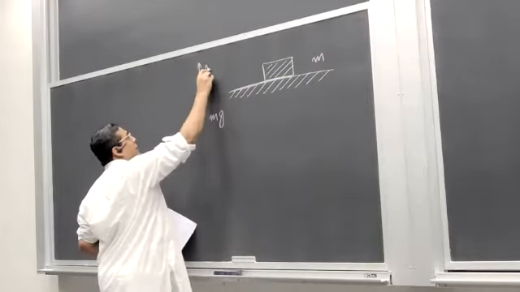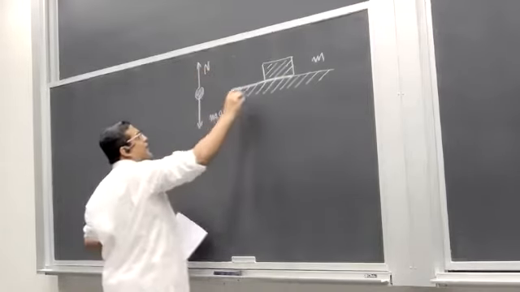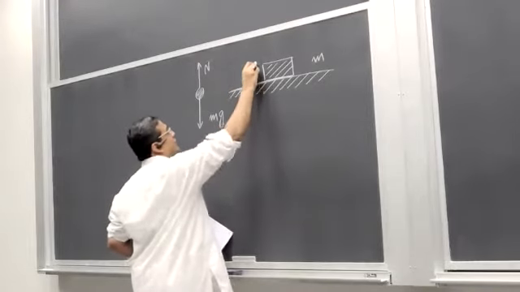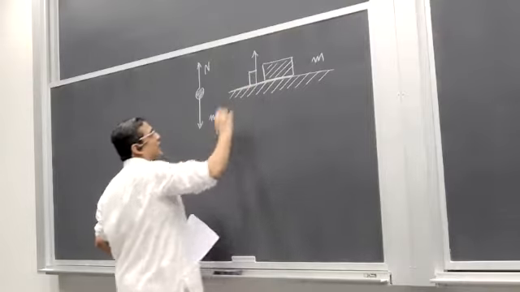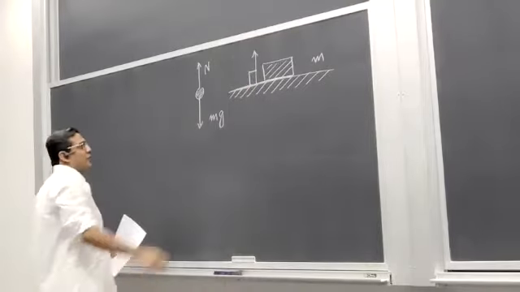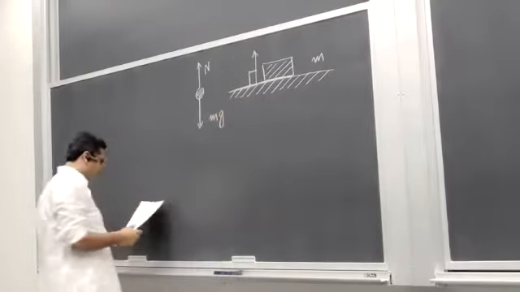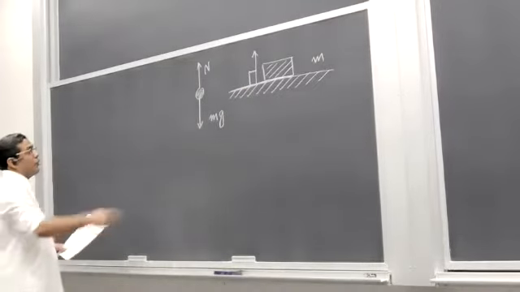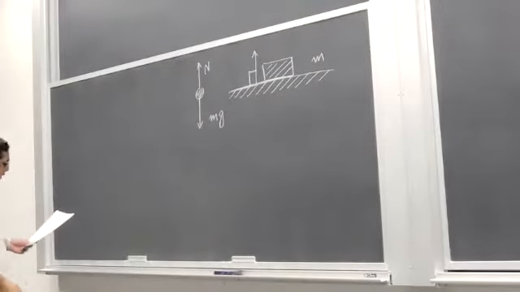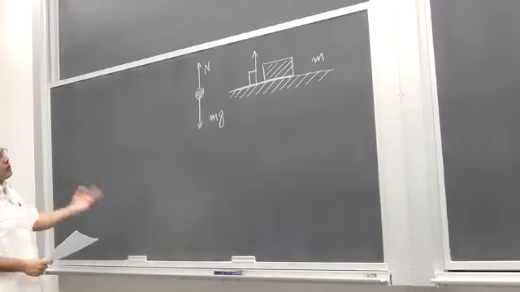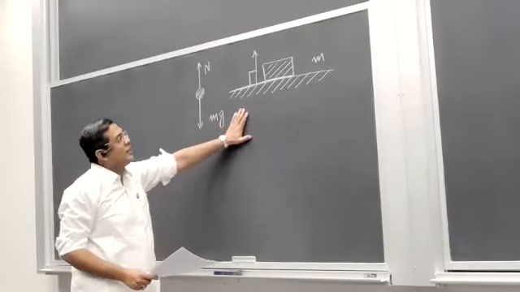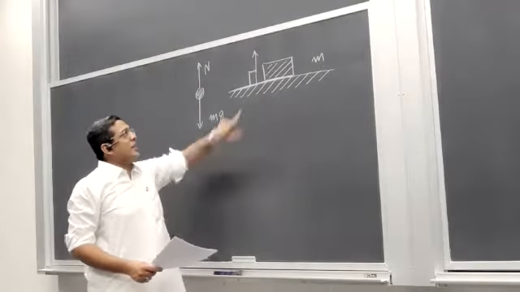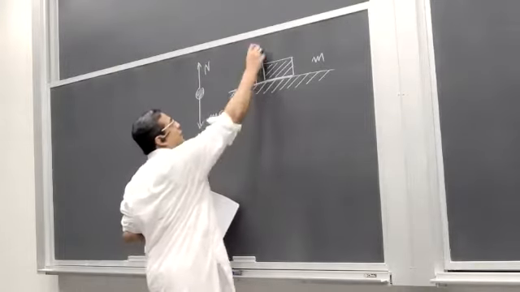And we call it a normal force because it makes a 90 degrees angle. The force makes a 90 degrees angle with the surface that is exerting that force. So the force is always normal to the surface. Only two forces now are acting on this object. So this is how you solve a problem. You look at the problem, you identify the body that you are interested in,